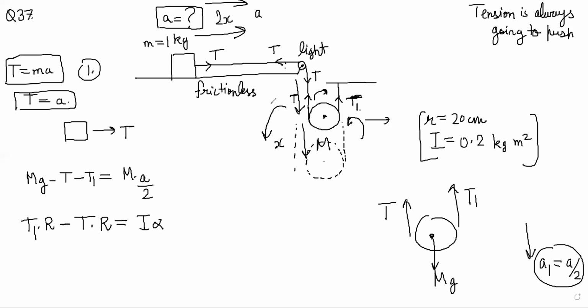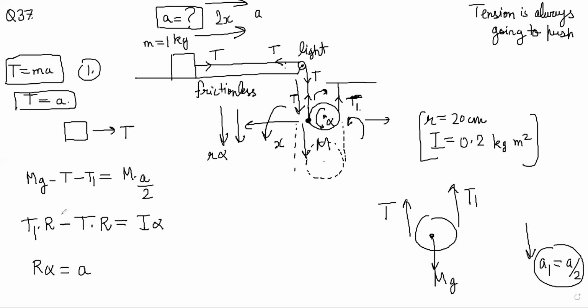Correct? And you should also have this point's motion should be same, no? So that alpha that is being created like this, R alpha should be equal to this acceleration A, no? Because the rope has to be pulled down with some speed, some acceleration. So this point on the rope, due to the alpha, is coming down with R alpha, and that is the pulling of this, with A. So you get these equations, and now you can solve.